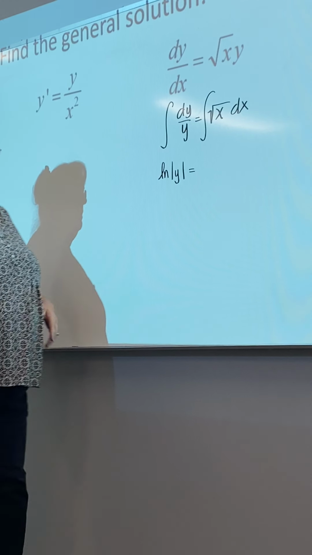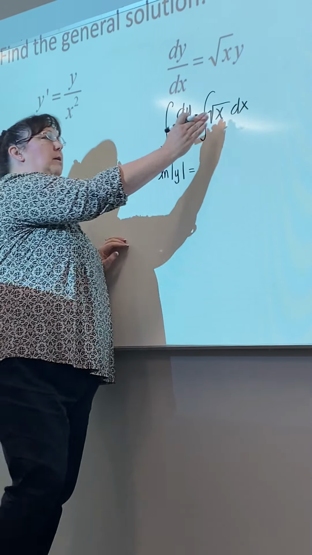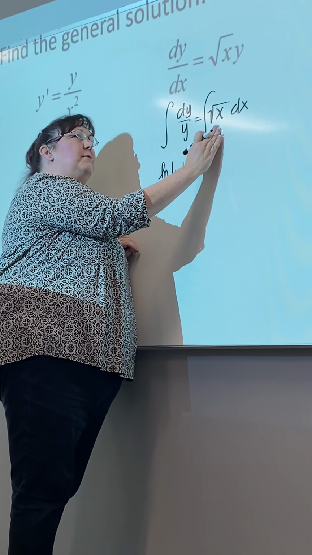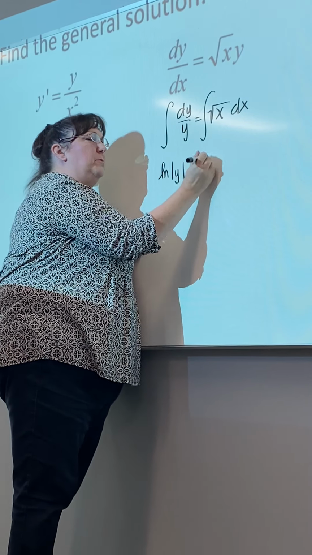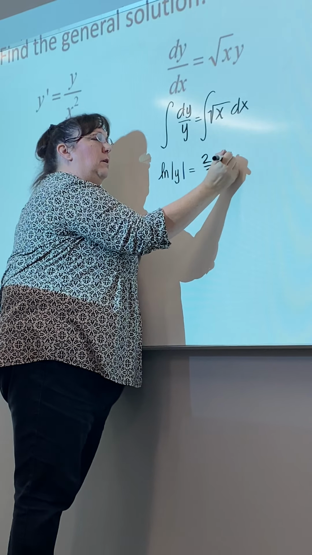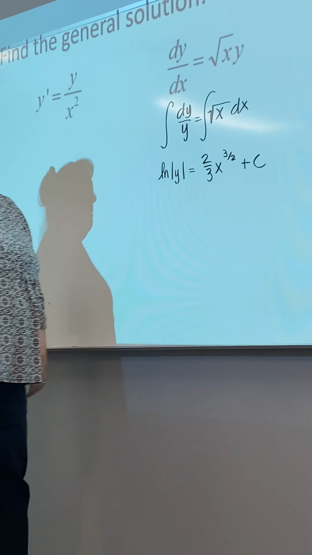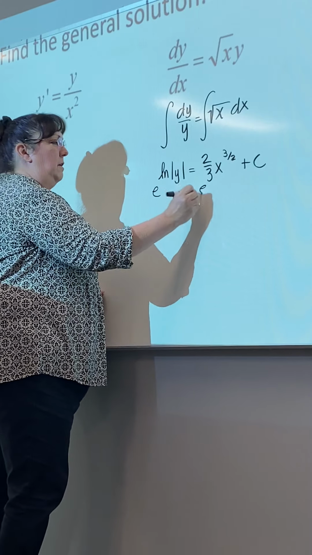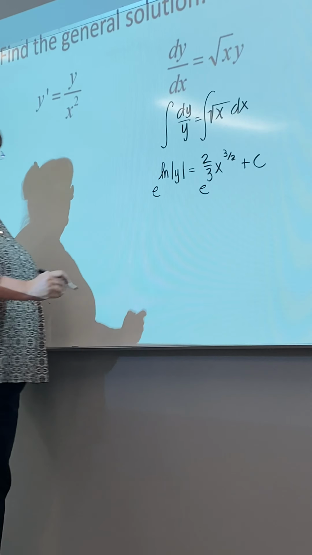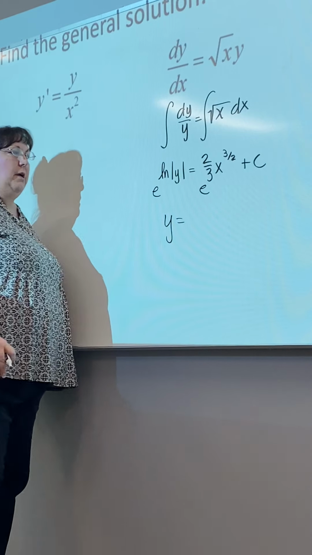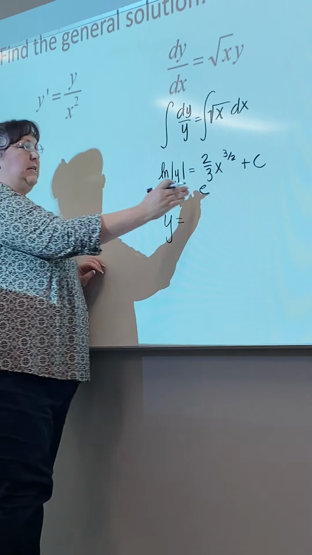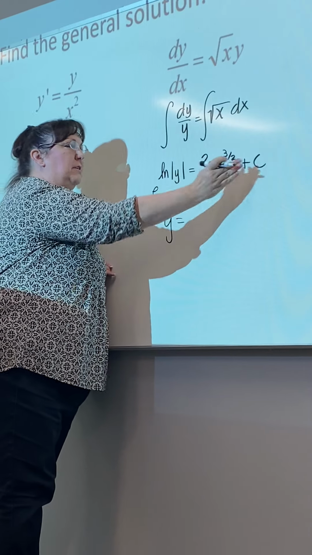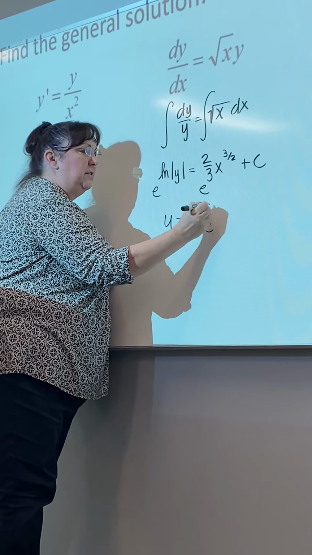So here's where that plus C comes in. Okay, so antiderivative of this, x to the 3 over 2, so that becomes 2/3 x to the 3/2 plus C. And then I want you to solve this for y. So to get rid of the natural log, that's where you do the e thing. On the left, you get y equals. And on the right, this is e to the 2/3 x to the 3/2 times e to the C, which is just C, so the answer is